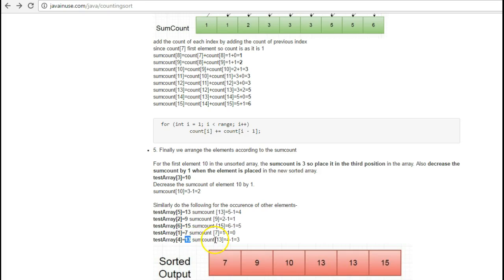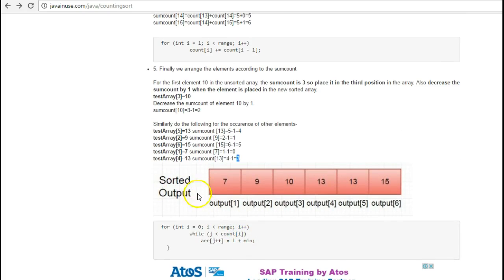So this time the sum count, previously it was 5 for the first occurrence of 13, so we had placed it in the fifth position and the sum count was 4. Here again when it occurs, the sum count is 4, so we'll place 13 in the 4th position, and again we'll subtract 1 from the sum count, so it will become 3. So finally we get this sorted output where all the elements in the input array have been placed.